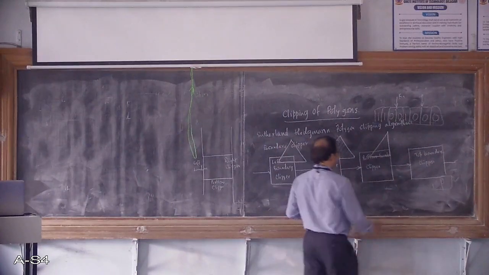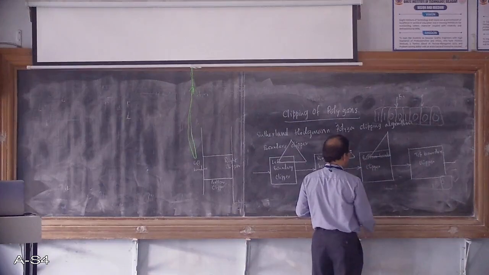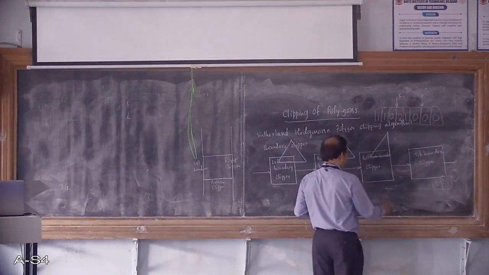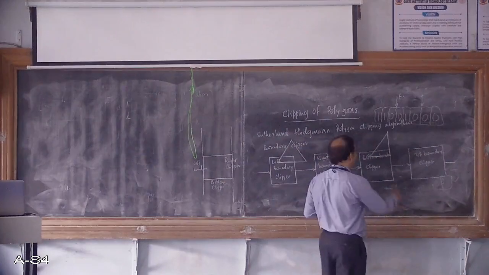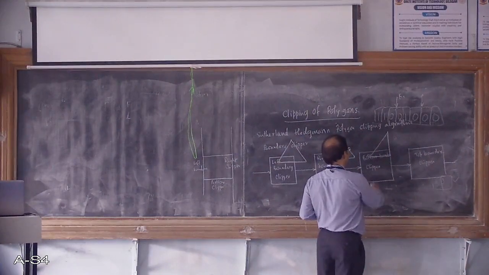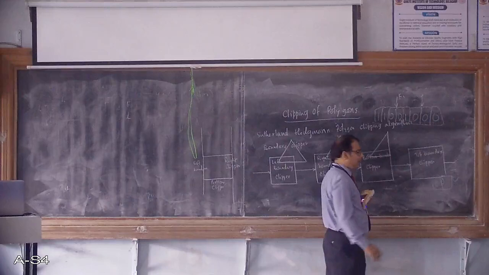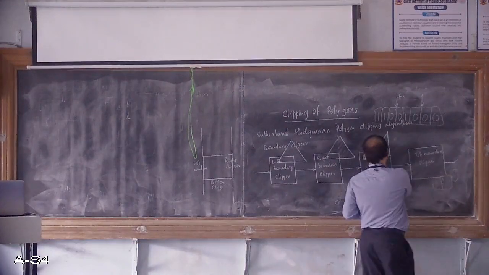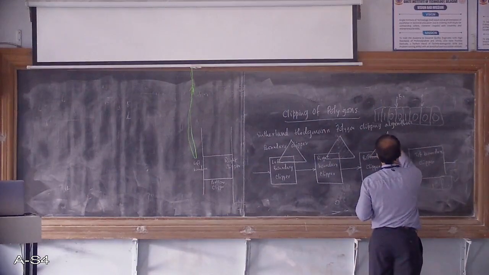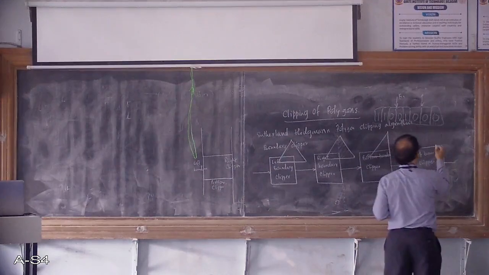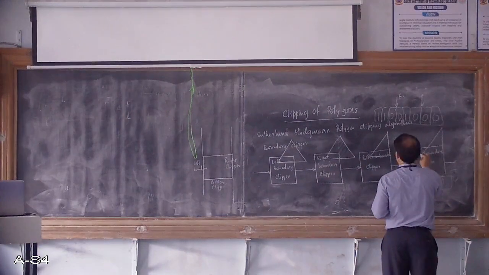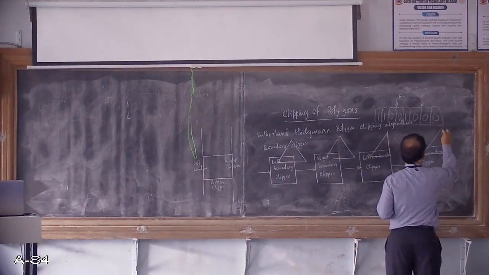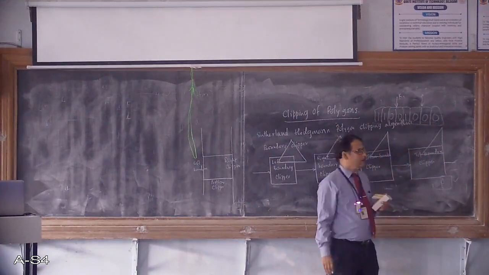So when you apply the bottom boundary clipper, you can see from the figure that the bottom boundary is not going to intersect with any of the 3 edges, and hence there is no change in the clipping. So the same figure is going to be now transferred to the next boundary clipper, which is a top boundary clipper.